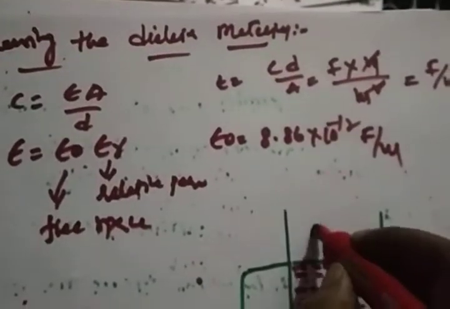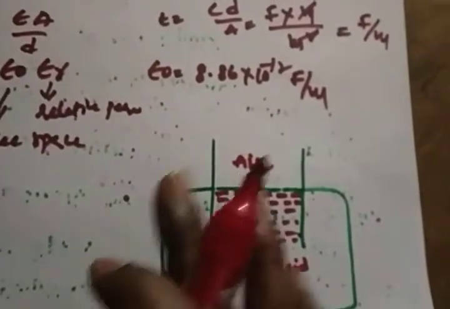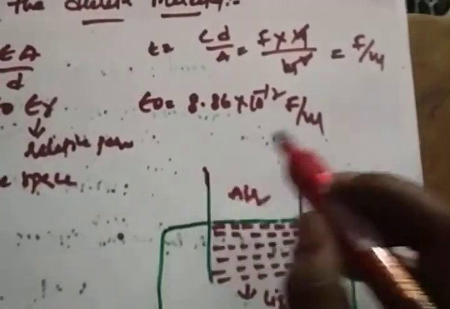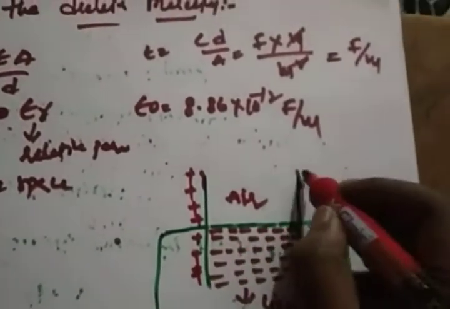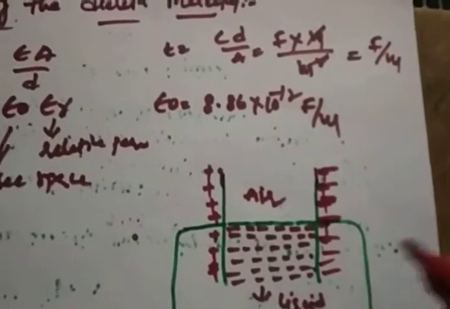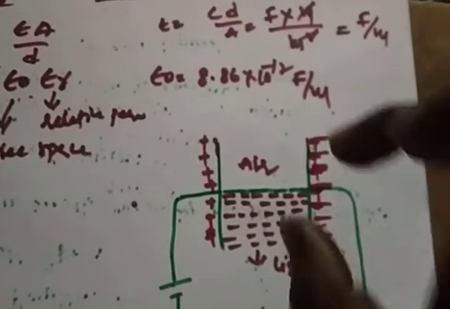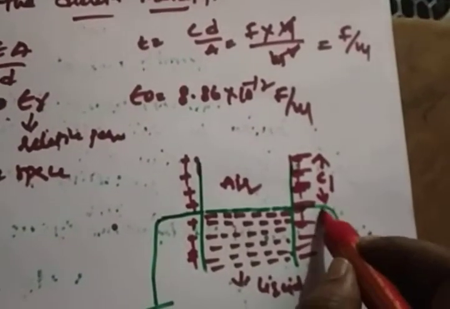So air is a dielectric medium, right? So there are two different dielectric materials. I am placing two different dielectric materials. These two are parallel plates. Definitely the charge will be accumulated here, plus. Oh, sorry, minus. The charge will be accumulated here. So whatever the dielectric medium, it has some capacitance now. This capacitance we can call C1, and this capacitance we can call C2.